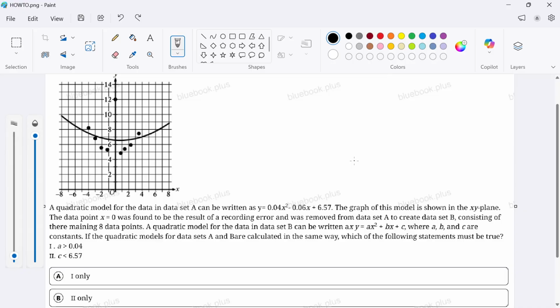The data point x equals 0 is found to be the result of a recording error. That's this one. That's 0, 12, by the way. X is 0, y is 12. It's an error. It's an outlier. You see how it's an outlier? And it was removed from the data set to create data set B consisting of